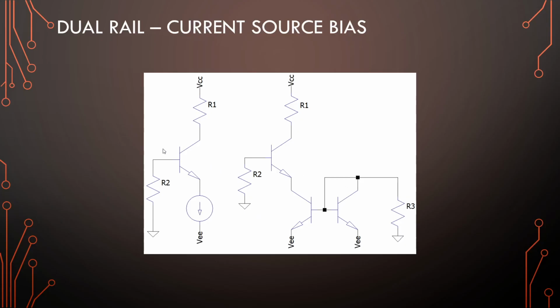For the dual rail with current sources, I decided just to have two images, one for the NPN and one for the PNP. So on the next slide, the emitter resistor is again just replaced with a current source. So the mirror circuit again, but with dual rail, we don't have to take it to VCC. We can take it to ground because the current will be flowing up into this resistor towards the lowest